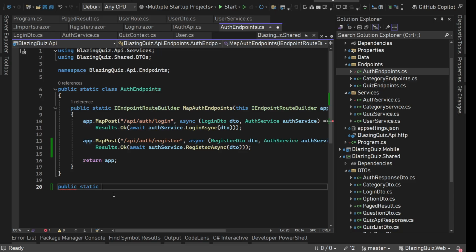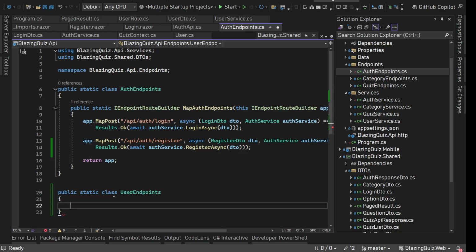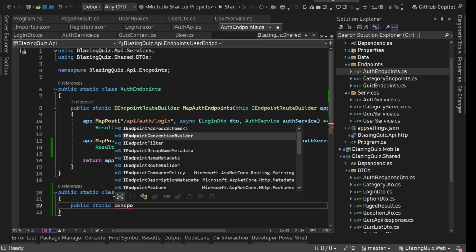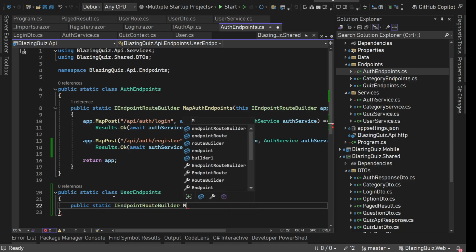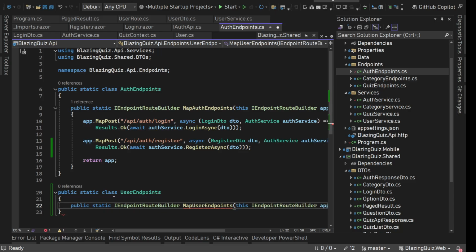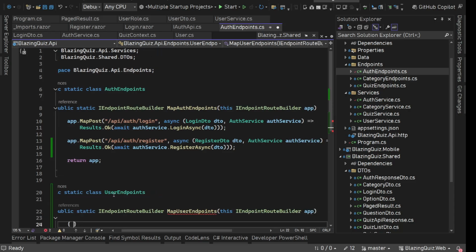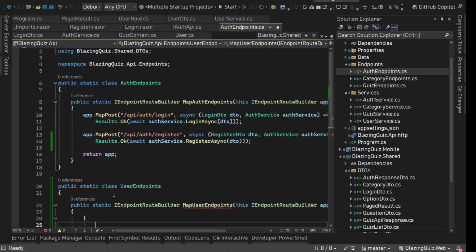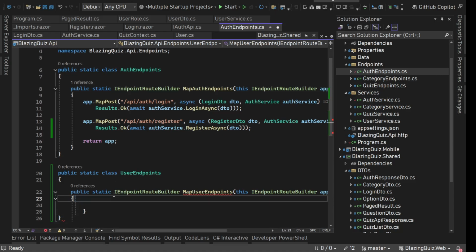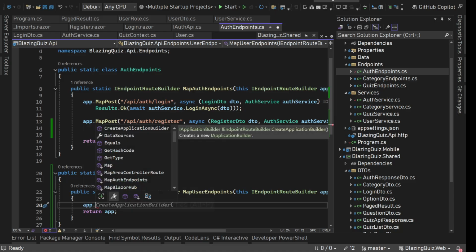We'll say public static class UserEndpoints, and we are going to say public static IEndpointRouteBuilder MapUserEndpoints, this IEndpointRouteBuilder app, from here we'll return app, and then on this app we'll say MapGet,